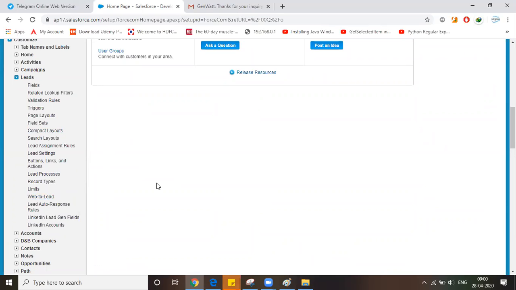So next, we have discussed lead generation, after generation to whom we have to send, and once we receive a request, what response we need to send. That is auto response rules, page layouts, record types, lead process, and lead convert. So once we have the lead, our team will talk to the requester.